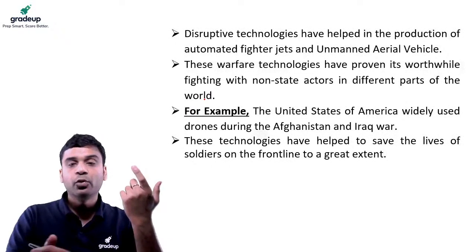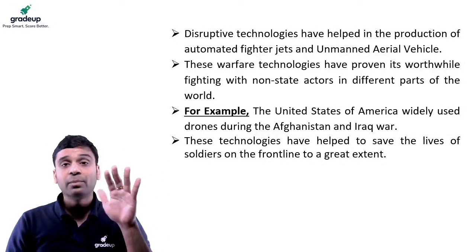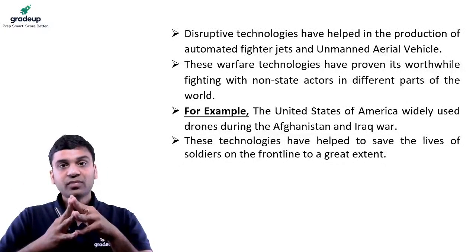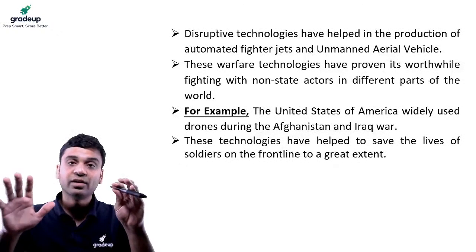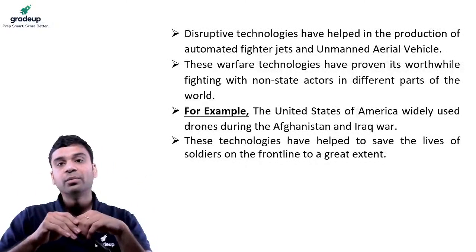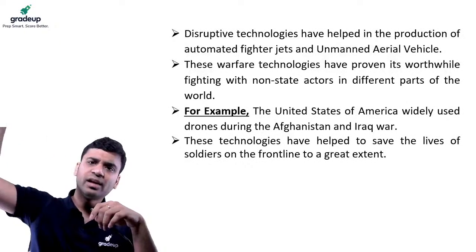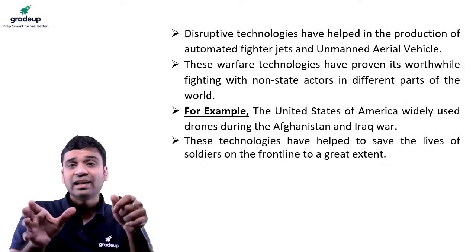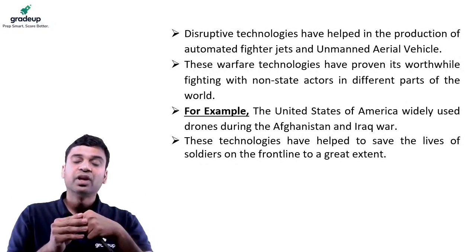If somebody has seen the movie Zero Dark Thirty, yeah, forget Zero Dark Thirty, even how Osama bin Laden was captured, that is a testament for how the drones can be used. When you hear the story of how Osama bin Laden was captured, you will get goosebumps. It's so interesting the way it was done. There was a drone in the sky over Pakistan, over the Abbottabad area, and that drone was constantly monitoring the area. Okay, and it was in an exo-atmospheric length. It was not visible to the normal people, and it had such precision that even a 50 centimeter length, it could map out the dimensions.